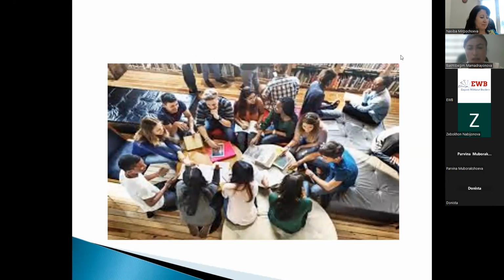So discussion. Here I put a kind of picture of students that they discuss with each other. Can you please describe this picture? What kind of things do you see in this picture? You can describe their attitude toward each other and what kind of activity is discussion? How do you understand the discussion? Can you please write your answers? What do you see in this picture and how does it affect you?